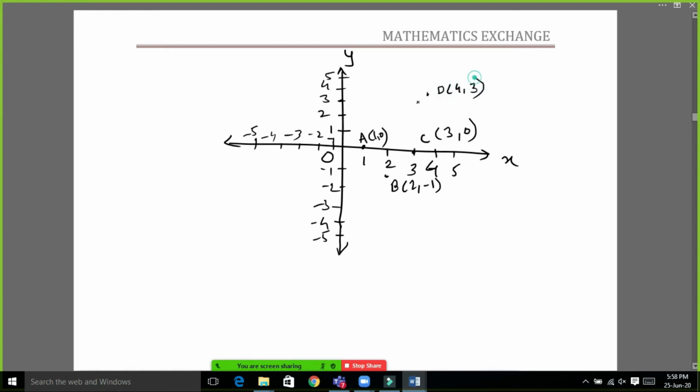Now we draw a curve passing through the points A, B, C and D. So we are trying to draw the curve or the line. So it is like that. Just look at this. So this is a curve that is passing through all the 4 points A, B, C and D.